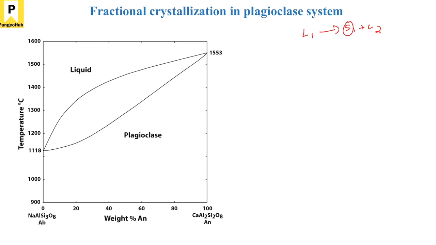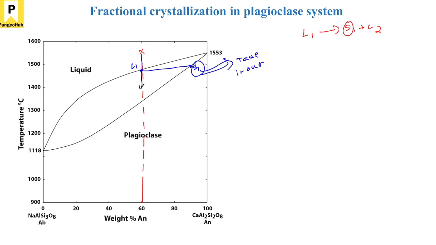Okay, so let's see how this will affect. So now I have a bulk composition here. Let's say again the same thing, I'm taking 60. So this is the bulk composition at 60. I touch this point, I allow it to cool. So I come here, I start crystallizing. The liquid is L1, and it starts forming solid S1. Now what happens? As soon as this solid forms, I remove it from the system. I take it out. Now if I take it out, this thing is going to happen.